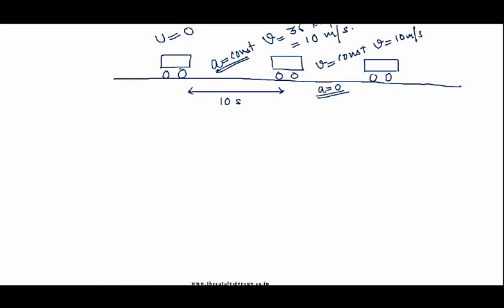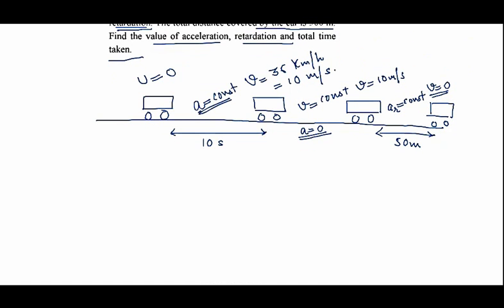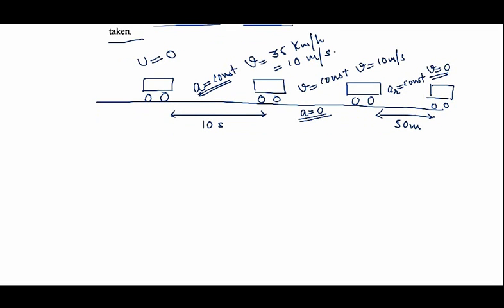Is it fine friends? And finally after traveling a distance of 50 meters, this particular distance is provided to you, that is this is 50 meter, this car again stops, that is its velocity at this instant will be 0, and we can say that this motion is retarded, so it has been given that your deceleration or retardation is constant. Is it fine friends? Okay, so basically we are going to deal with this question as 3 motions.